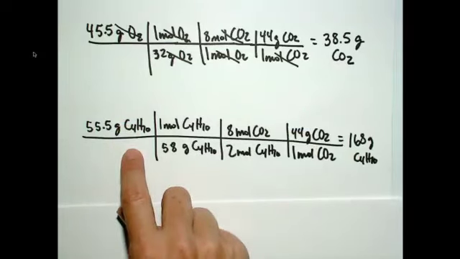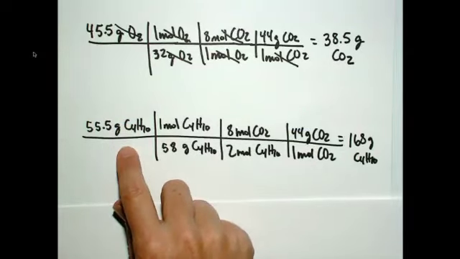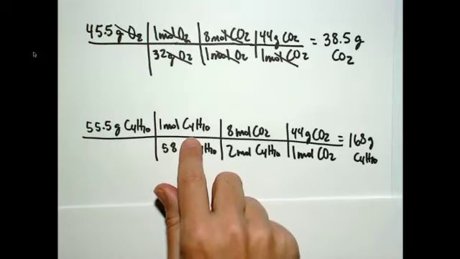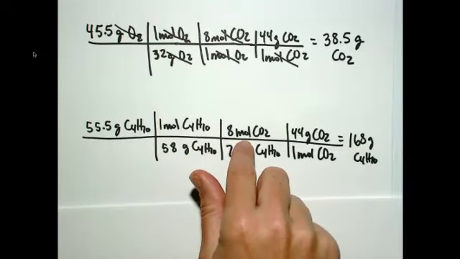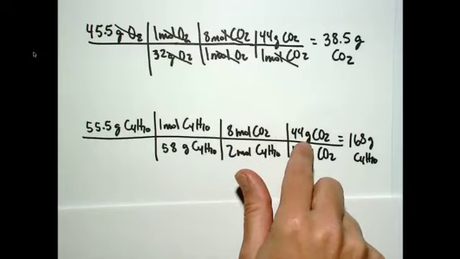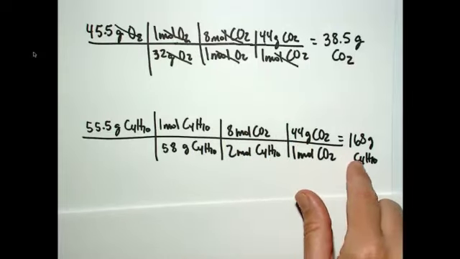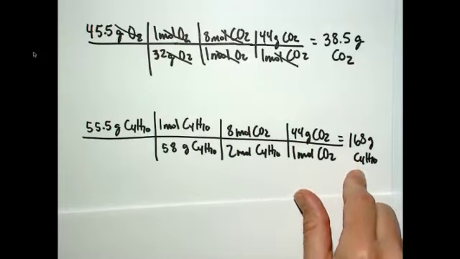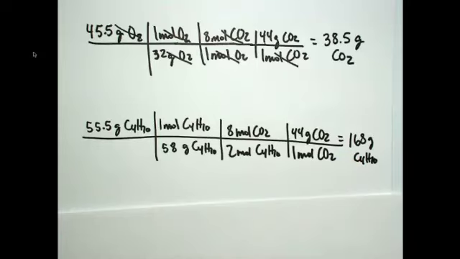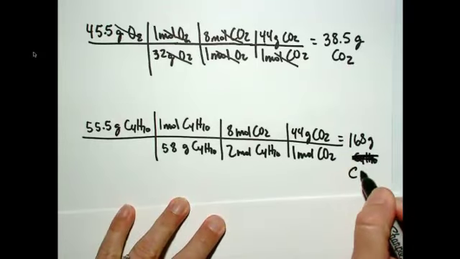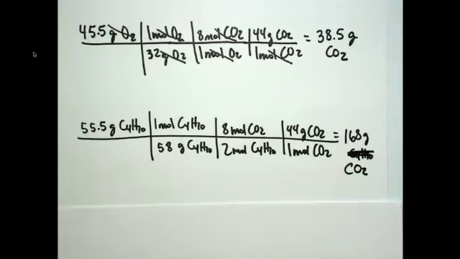You can also run through the whole thing starting with the other reactant, 55.5 grams of butane, convert to moles of butane, then moles of carbon dioxide, and then grams of carbon dioxide. And in this case, you would predict that you would make 168 grams of carbon dioxide as your product. But we know that,